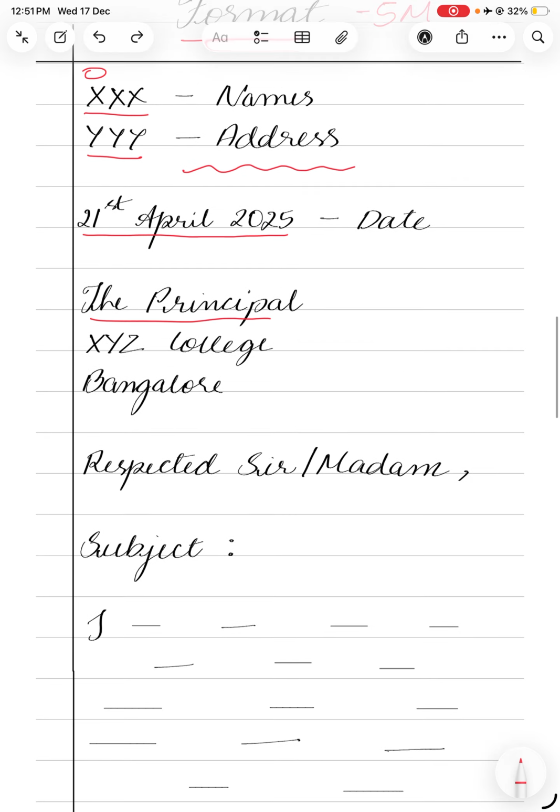Now after writing this much, I will write the body of the letter. You should mention that Adieu is a farewell program. You're going to give all the necessary information, which is commencing on December 25th. So the date will be mentioned later on. What you do is you write yourself. Whatever names you have mentioned here, the same thing you will mention here. I am so and so, head of the student council of a certain college, and on behalf of all the community of students, I'd like to kindly request your gracious presence on the occasion of what? On the occasion of Adieu.